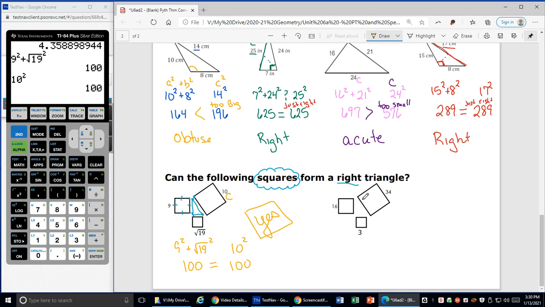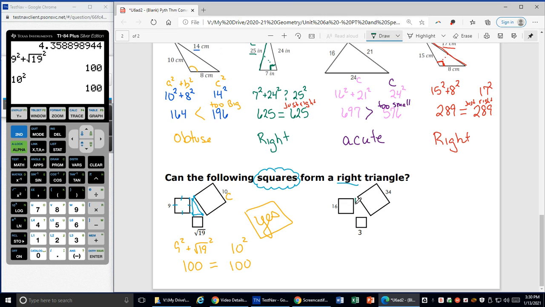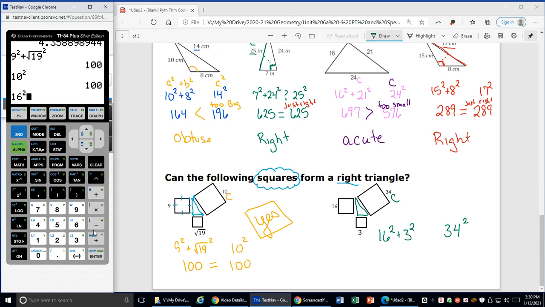Okay, let's do the same thing and check the second one. Okay, so when I go to check the second one, again, we're going to do the same thing. Will the 3 sides, when I push them in together, will they make a little right triangle here? Okay, 16, 3, and 34. 34 is my biggest number, so that's going to get tested in for my c. 16 squared plus 3 squared, is that equal to 34 squared? So let's see, 16 squared plus 3 squared